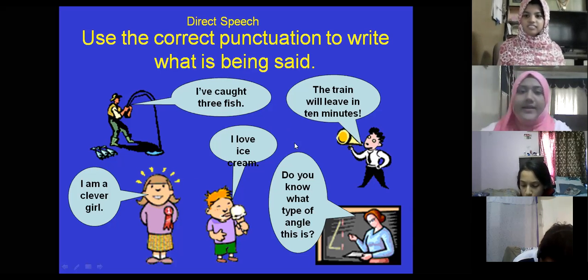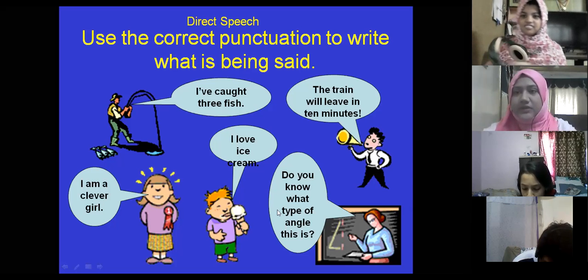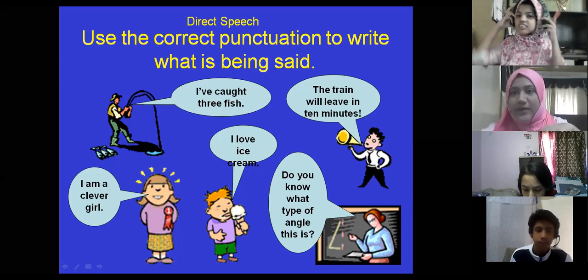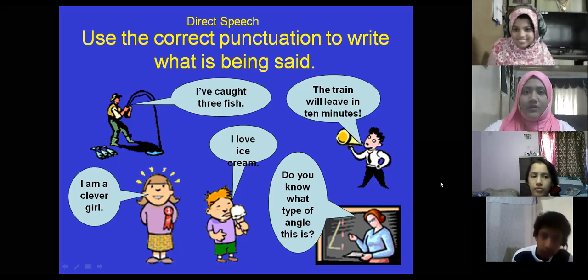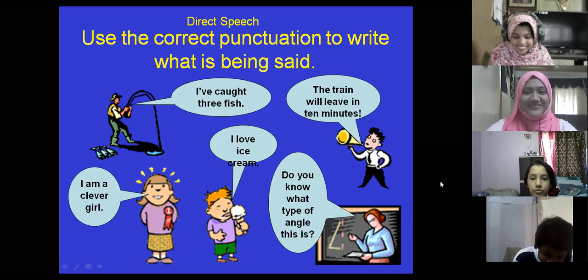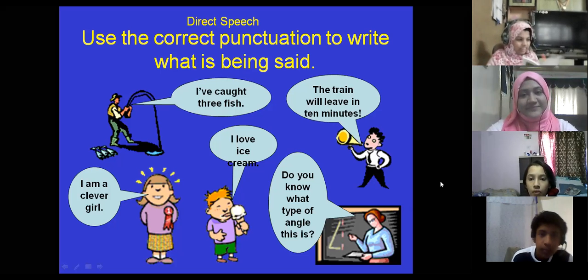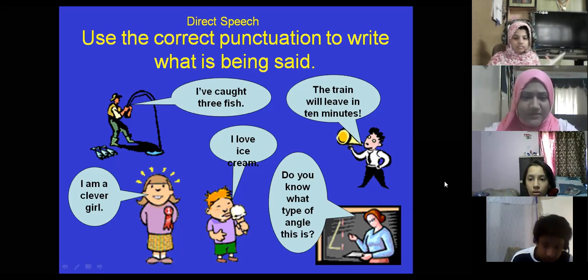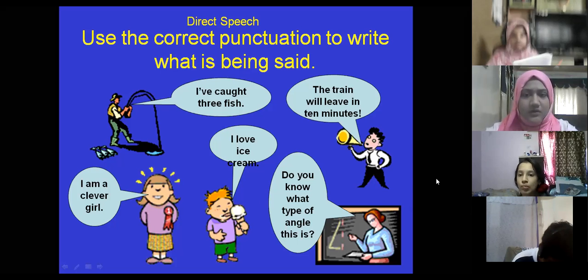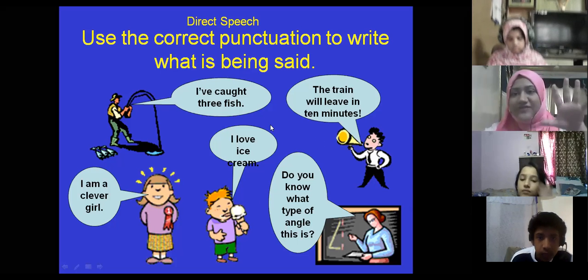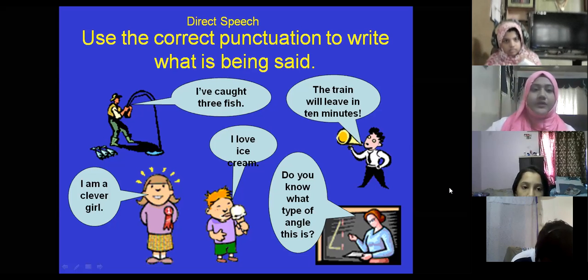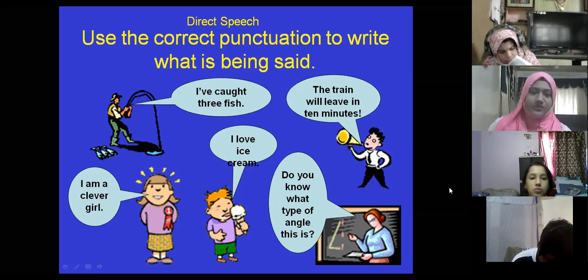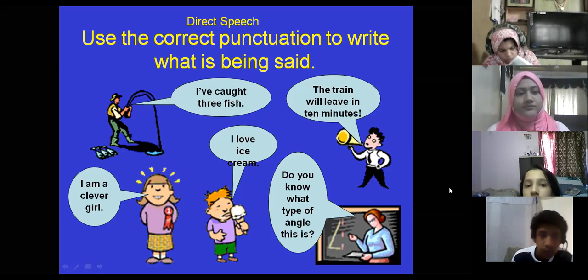And go ahead and write these dialogues said by these people in a direct speech format. How about the other book which I didn't use? Yes, totally. So how many sentences would it be? 1, 2, 3, 4, 5. It would make 5 sentences. Go ahead. Let me see who finishes first. What topic should I write? Direct, indirect speech.